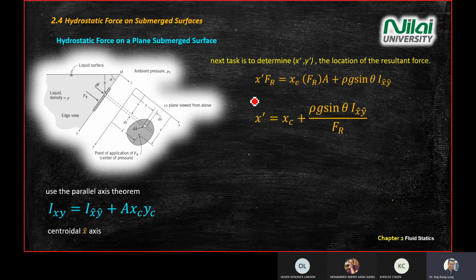And then you rewrite the equation in x prime. You pull your FR to the right hand side. So the first term you cancel. So both sides you divide by FR. So the first one cancelled. Left side also cancelled. So only left out the second one, you have FR here. Okay. So that's why the first one, hold